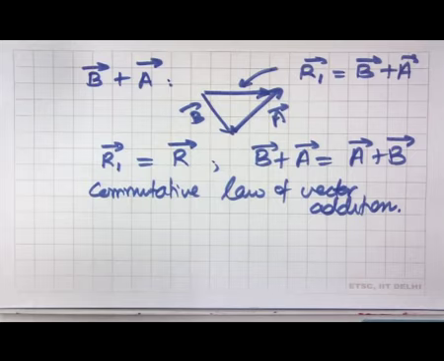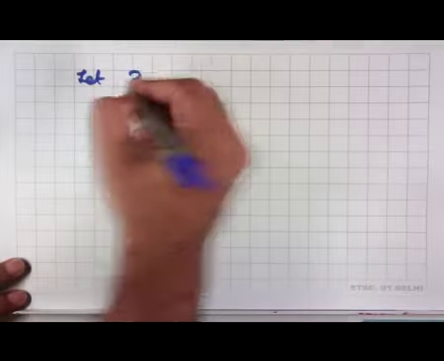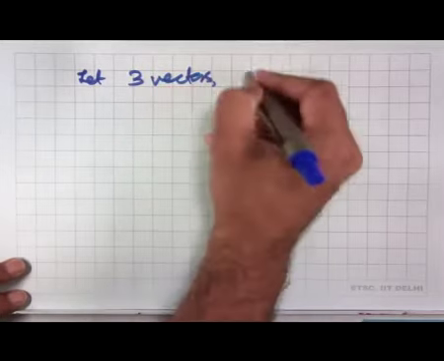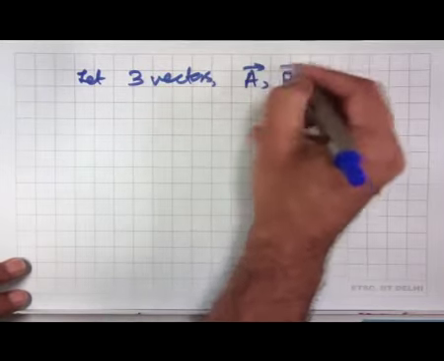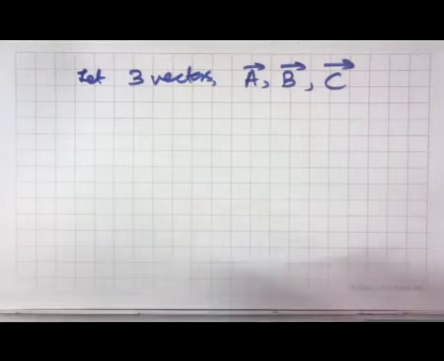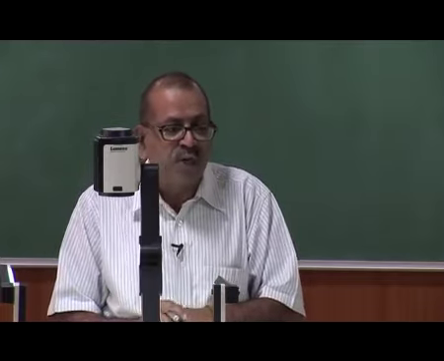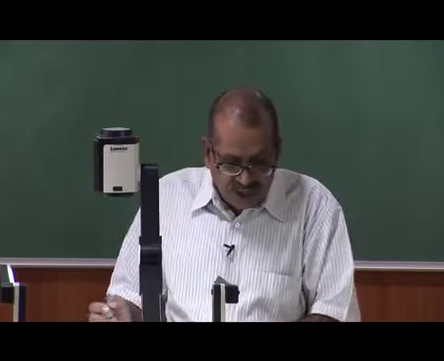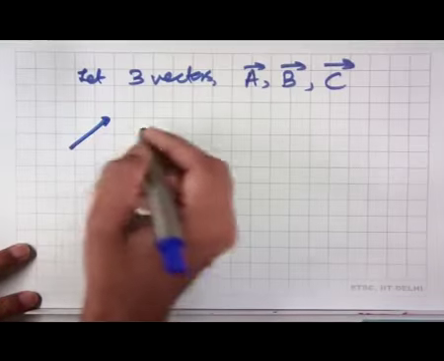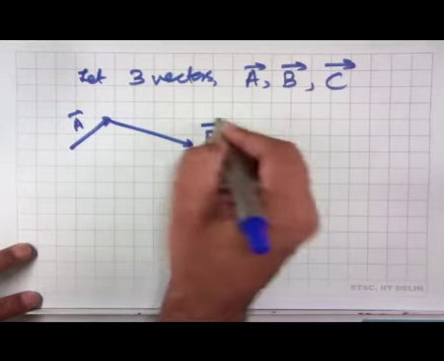We have a third property if we add three vectors together. So, now let us add up three vectors A, B and C, and this way, as you will see, we can generalize it to adding of more vectors, and sometimes this is called the Polygon Law of Addition. So, here let us see. We have a vector A, to that we add vector B,